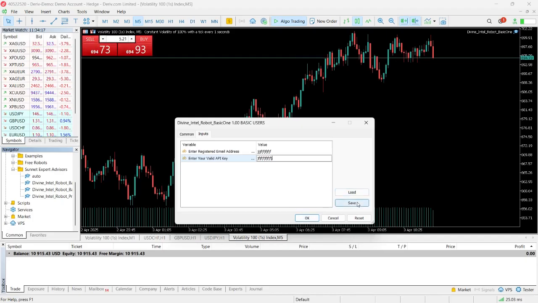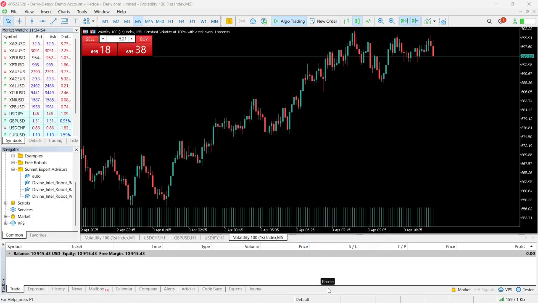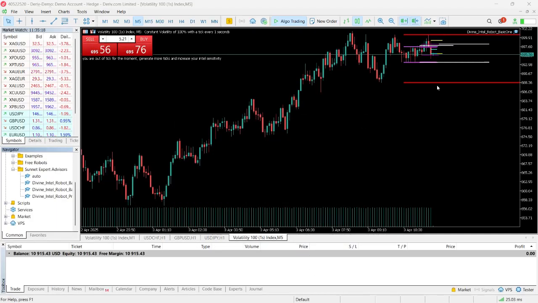You could also save it to allow you to reuse it as many times. The next time you try to log in, you don't have to enter those details anew. You can just head to Load and load the existing saved email and valid API key that you saved the first time you logged in. So you can do that, or you can just click on OK directly. So when you click on OK,